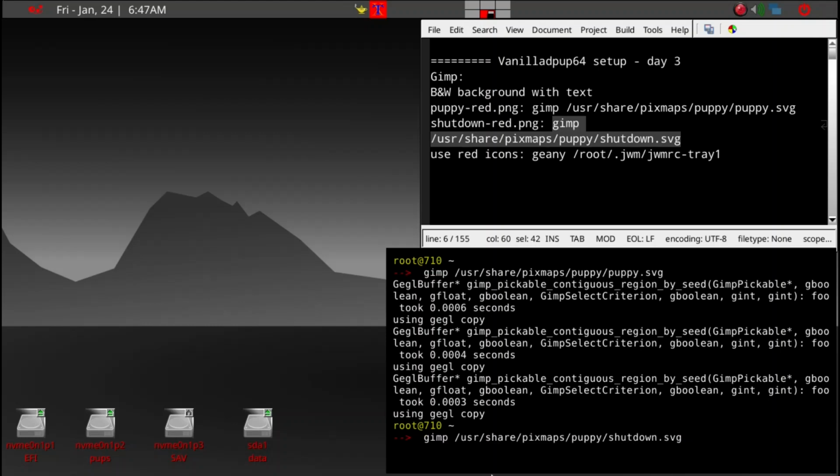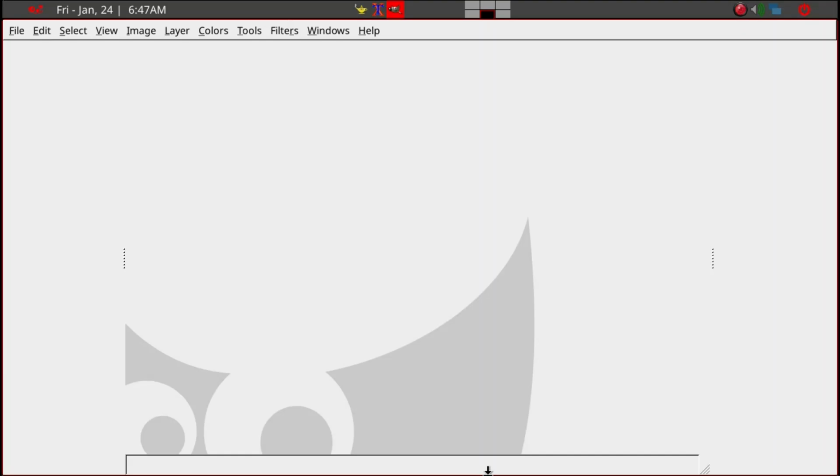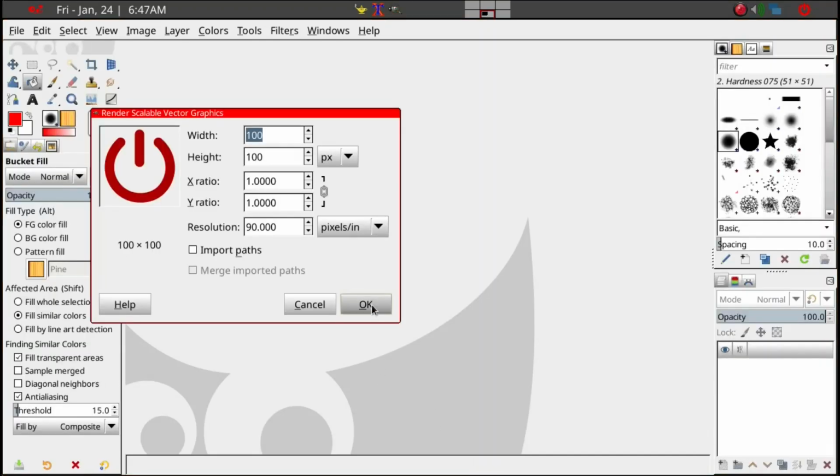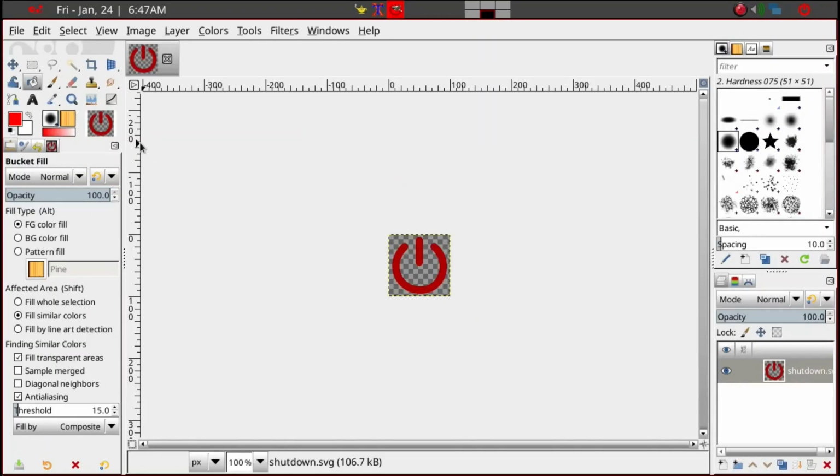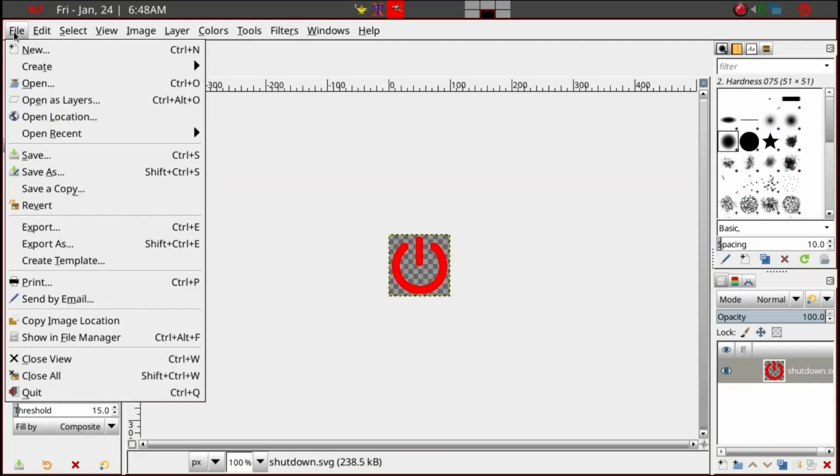Then we follow pretty much the same thing. It's pretty red, but it's still not the correct red. Once you get that open, you get the bucket tool again and click in it, and then click again. So this is the correct red color, and then we're going to export as